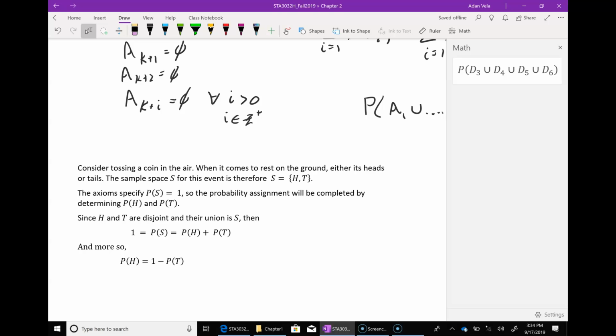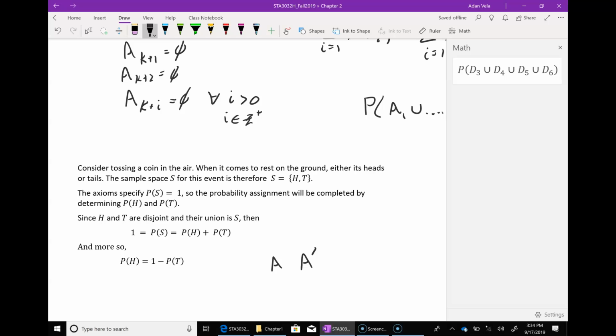And because these two things span our sample space, they cover the whole area, we can say that the probability of our sample space is the probability of heads plus the probability of tails. Just shuffling things around, that leads to the probability of heads is equal to 1 minus the probability of tails. Now in this case, heads and tails are defined according to a coin, but there's no reason why we can't just have some arbitrary event A, and then the complement of that